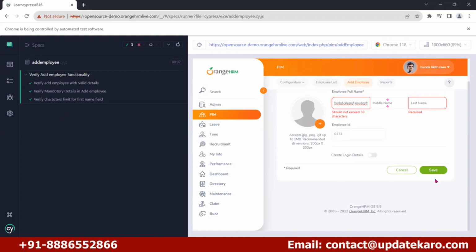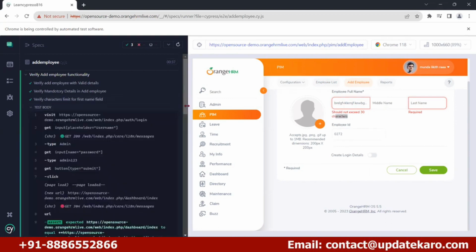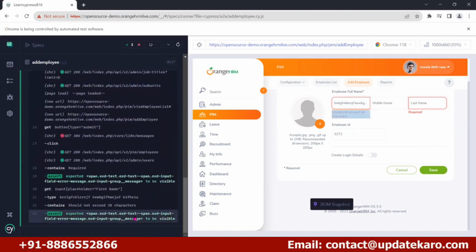So you can see here it is actually typed and it is verified. It should not exceed 30 characters. Let us see that. You can see this. It is verifying successfully. So you are going to write the test script like this, but you are not going